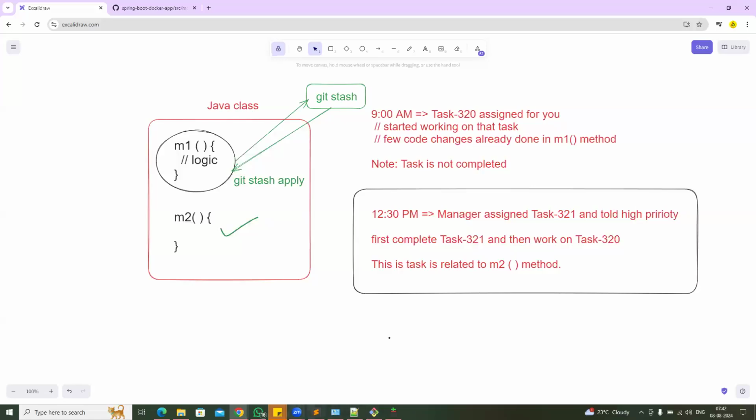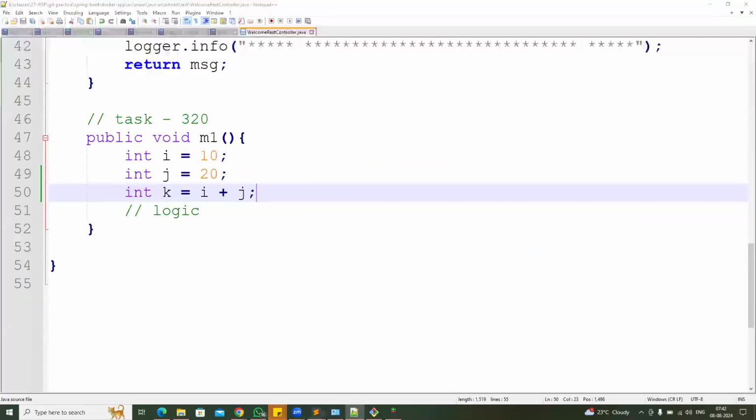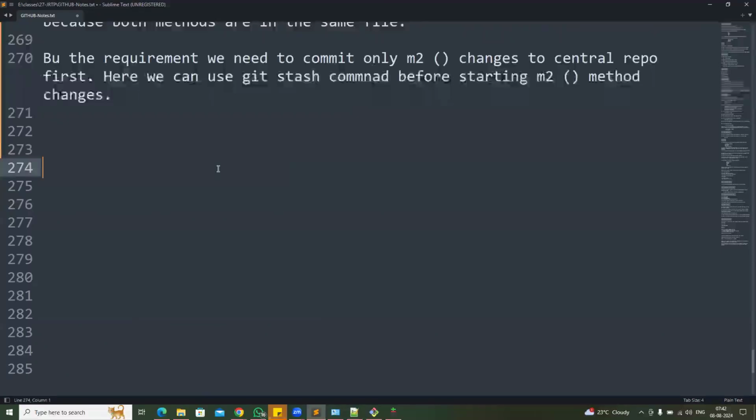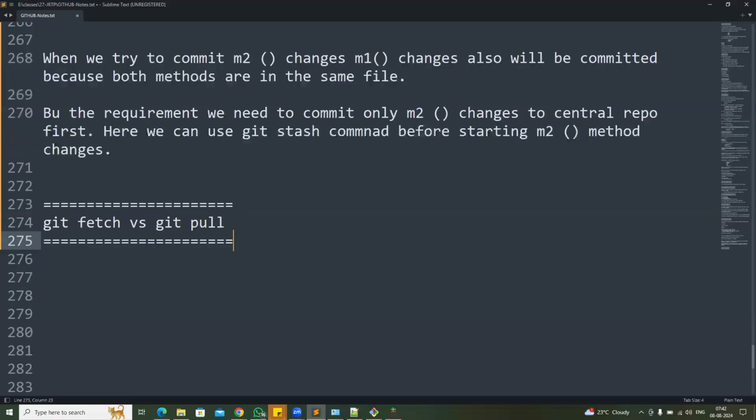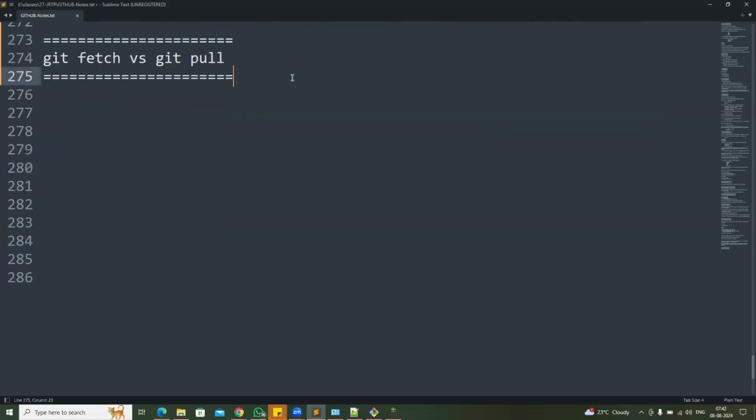All right. Next one. What is the difference between git fetch command and git pull command? Already we know what is the purpose of pull command. Can you guys tell me what is the purpose of pull command? Take the latest changes. Yes. Git pull command is to get the latest changes from central repository. Git pull, download latest code changes